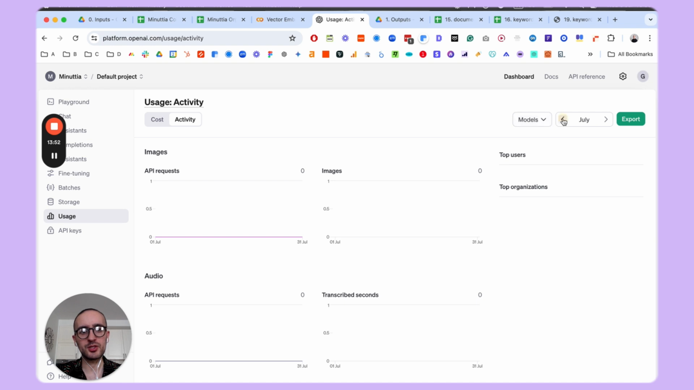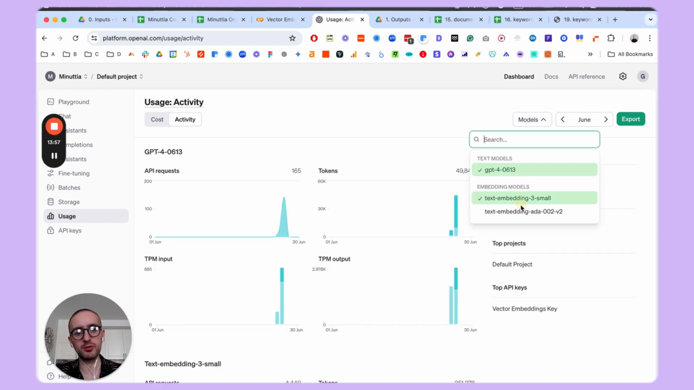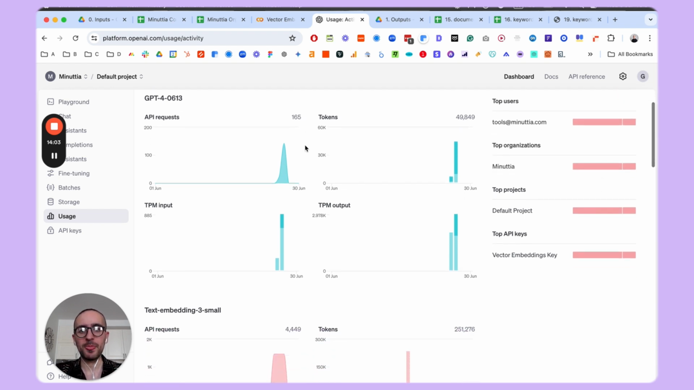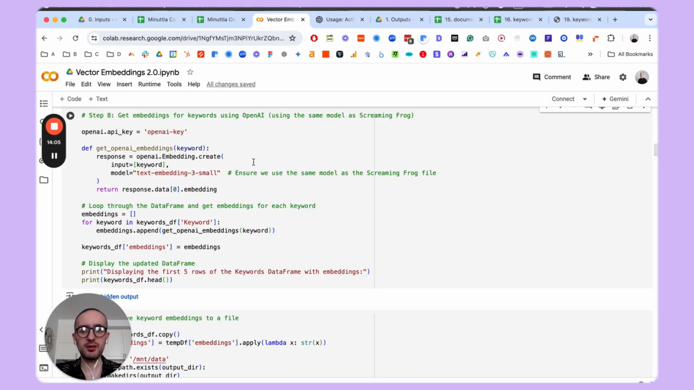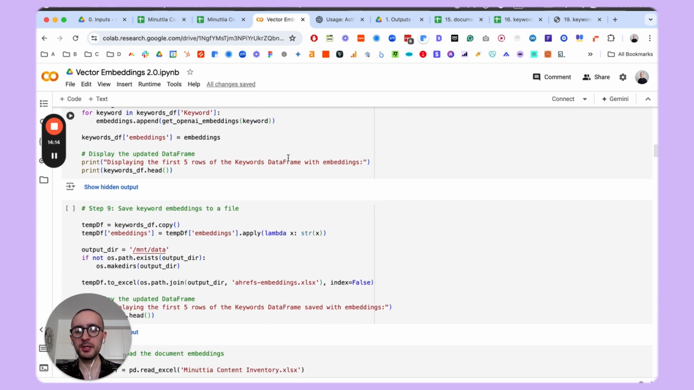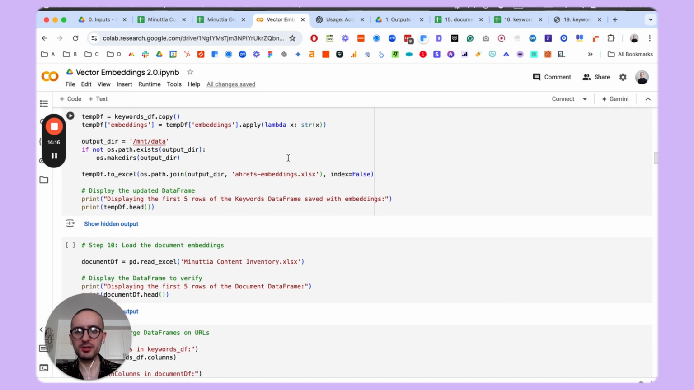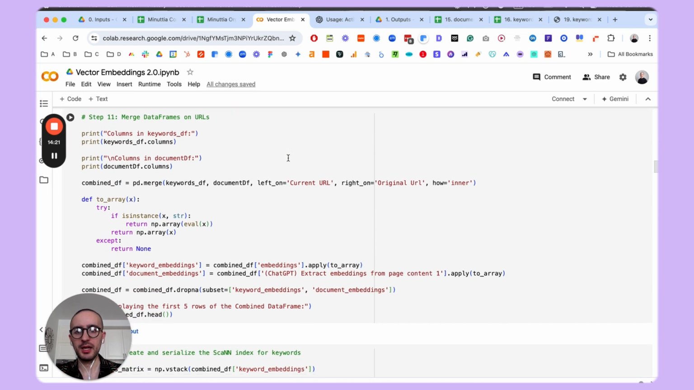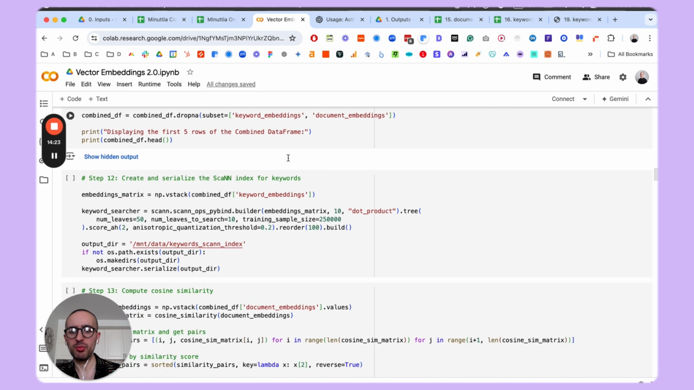But in general, the activity is going to be displayed here for all the models that you have used, or any other team members have used, okay? And so we did that, and we got the embeddings for our keywords using the right model, and the same model as Screaming Frog, right? And we saved these keyword embeddings to a file, and we loaded this file,